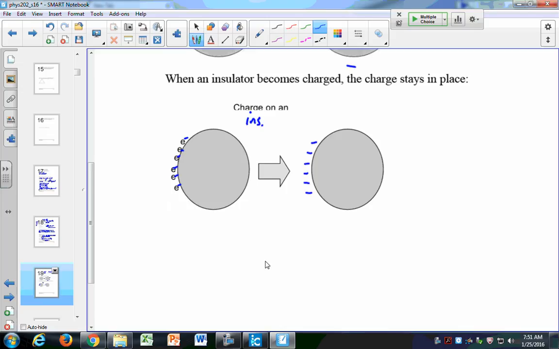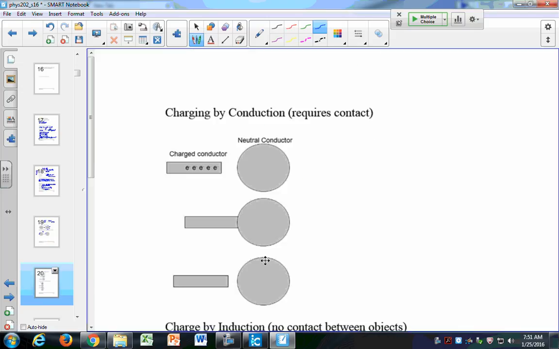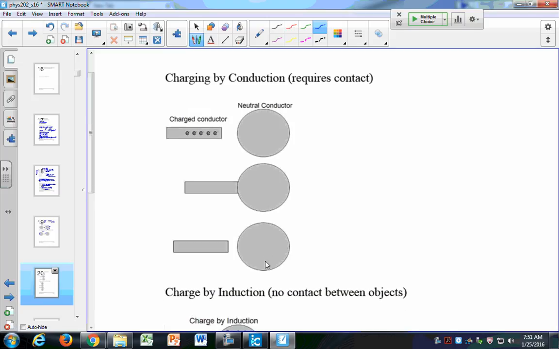Okay, we can have two types of charging, by conduction and by induction. This will probably seem fairly obvious to you right now, but we'll see some questions in just a little bit, exploring how this works and some consequences of it. So charging by conduction requires contact. Let's imagine that I have a charged conductor and a neutral conductor. This charged conductor has electrons on it. When I bring it up close to the neutral conductor, this is what's going to happen. I'm going to get a distribution of charge